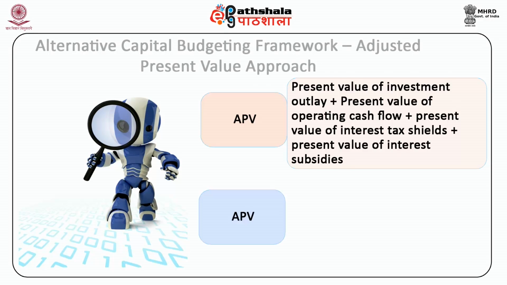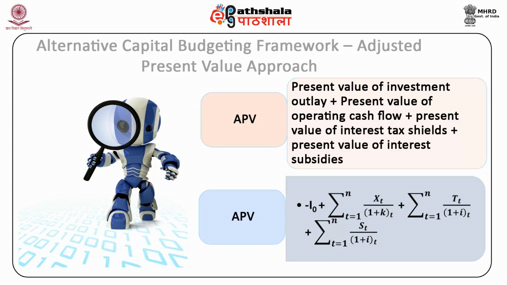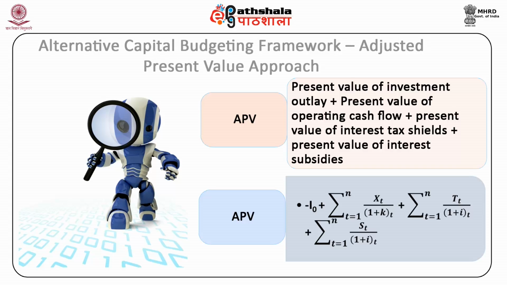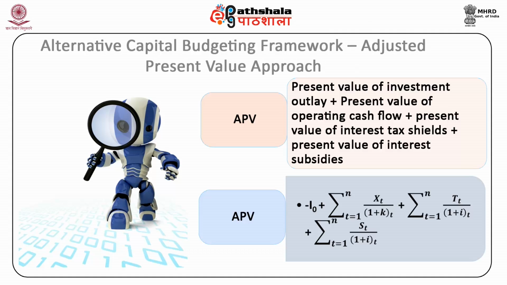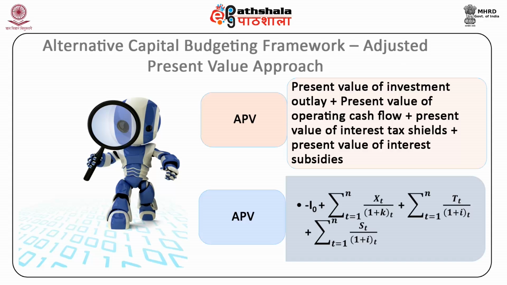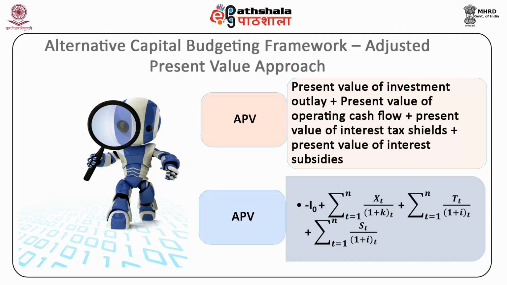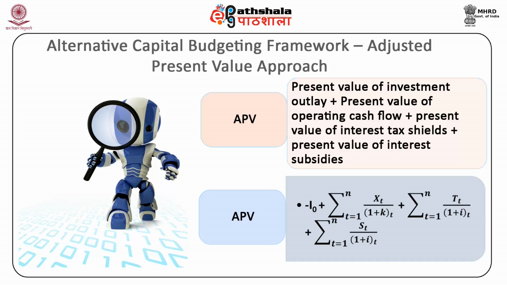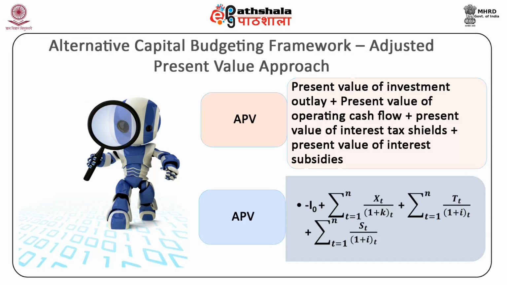That is, APV is equal to negative I0 plus summation Xt divided by (1 plus k) raised to the power t, where t ranges from 1 to n, plus summation Tt divided by (1 plus i) raised to the power t, where t ranges from 1 to n, plus St divided by (1 plus i) raised to the power t, and t again ranges from 1 to n, where